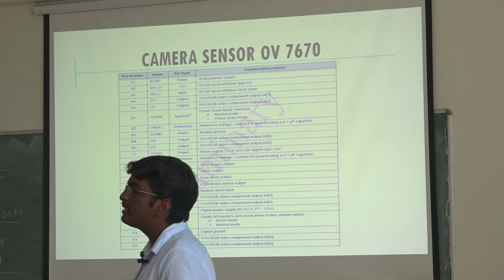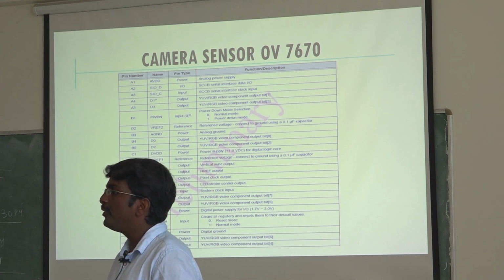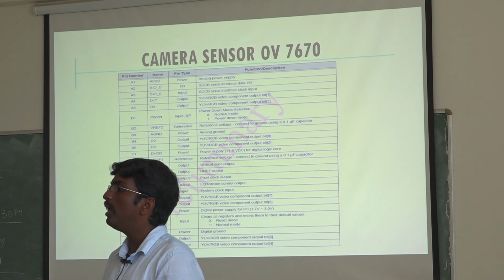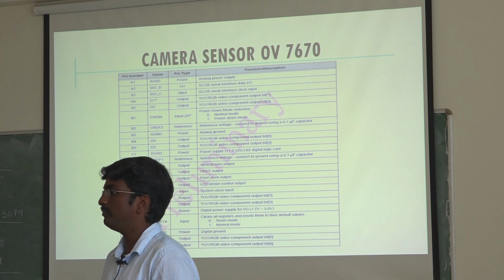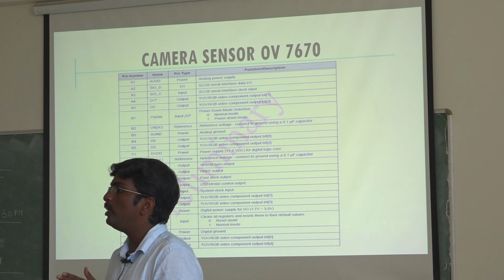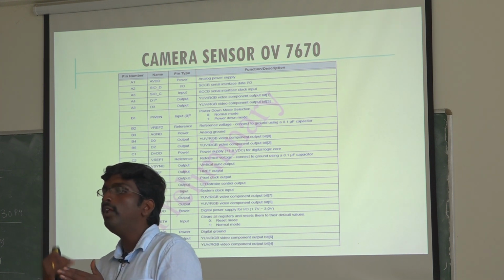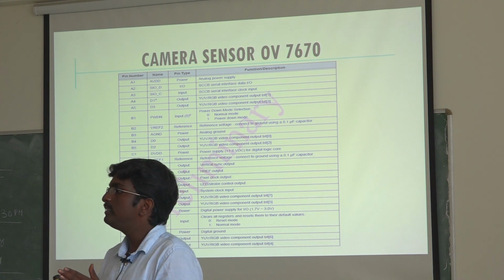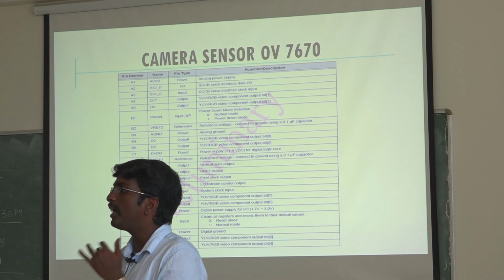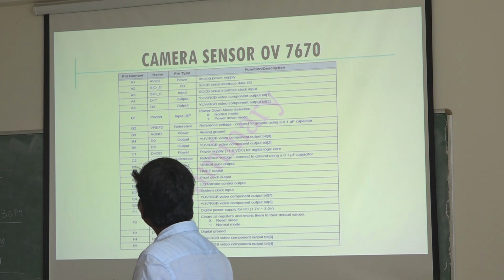To configure all these things, we definitely need the information on how to configure and what values to give. Whenever you take a camera module or any sensor module, it has its own data sheet. Inside the data sheet, they say what the minimum and maximum values should be, where it has to start, where it has to end, and what the relation between the signals is. All these things are available inside your data sheet. Based on the data sheet, you need to write a program to generate all these values and proper signals.